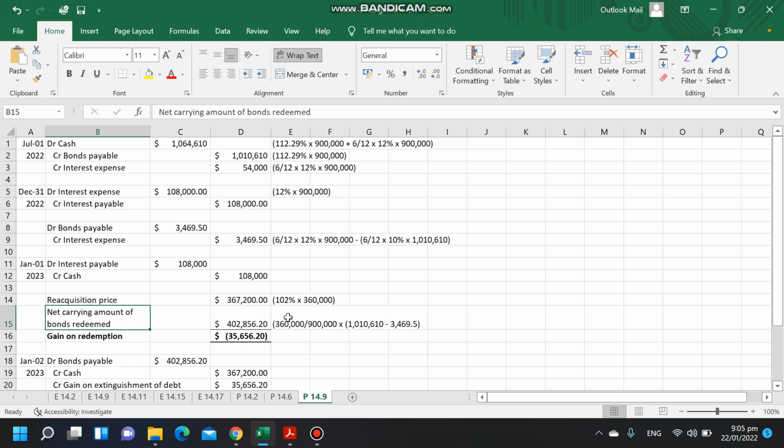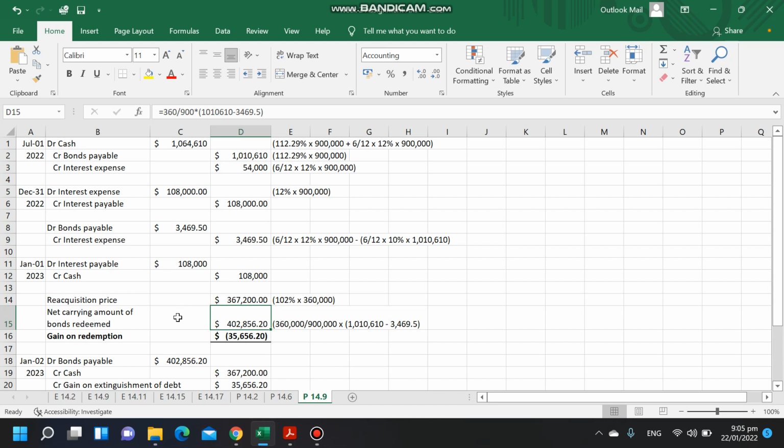So we need to portion the bond because only 360,000 will be extinguished. So we use the first carrying amount minus the amortization 3,469.5, and then you will times 360,000 divided by 900,000, which is the portion that will be redeemed or extinguished. So the net carrying amount is